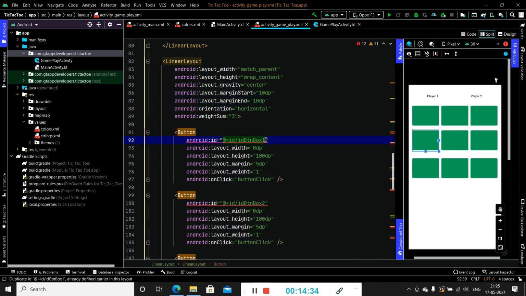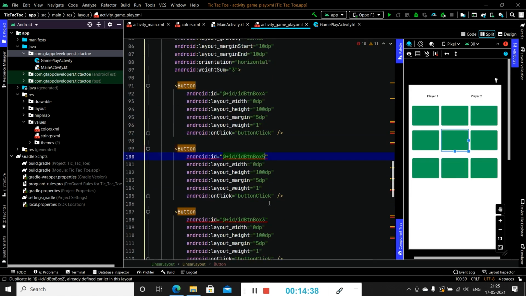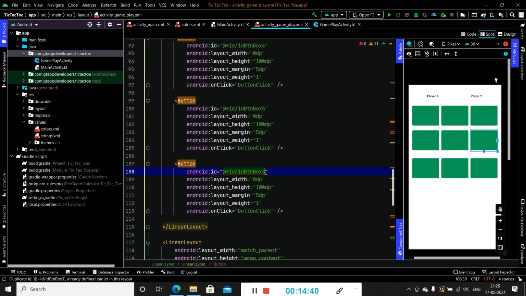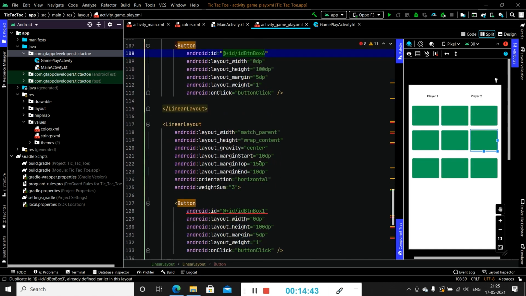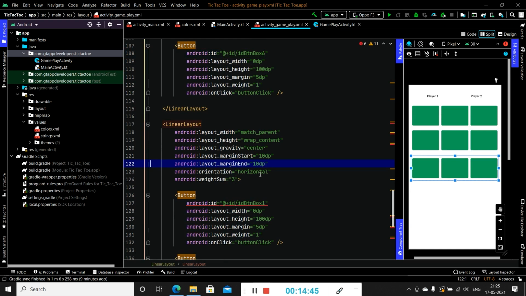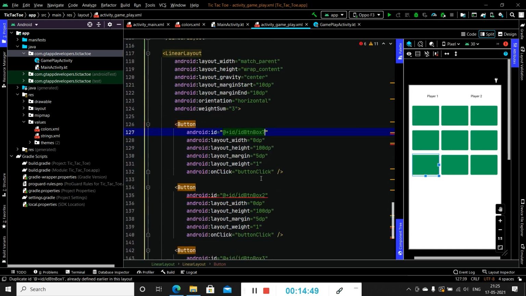Here we will change the ID of our box as box 4, box 5 and then box 6. Here also we will remove the top margin and we will change the IDs as 7, 8, 9.